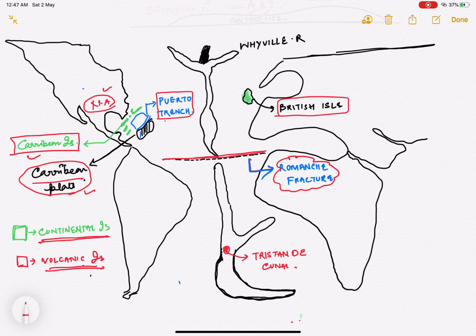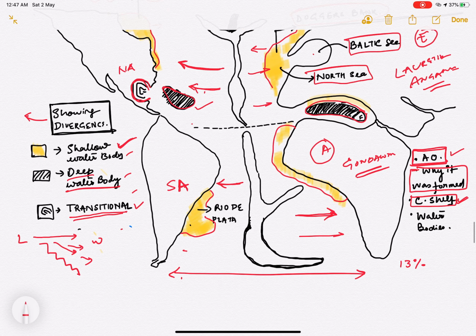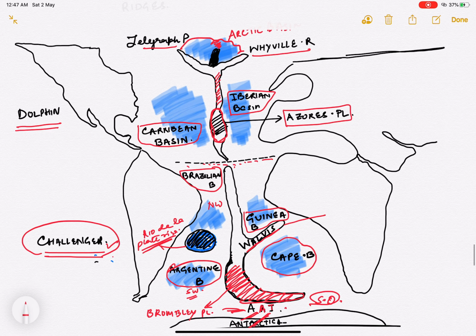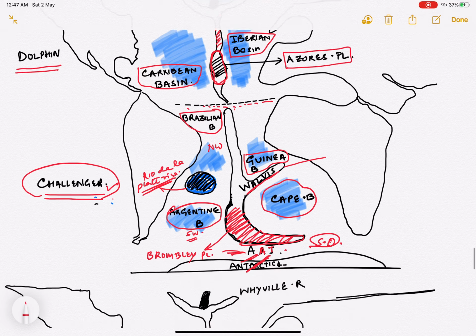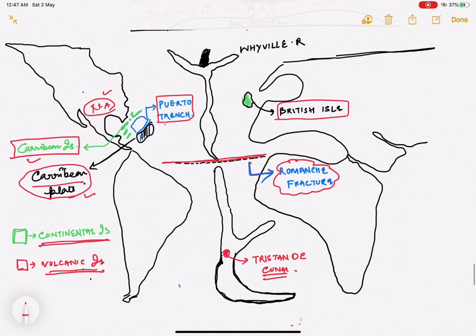Next, we have over here the volcanic island. An example of the volcanic island remains your Tristan da Cunha. Overall, as you can see, it is located over here on the ridge itself. Hence, this is the total ocean bottom topographic classification, where we describe how the Atlantic Ocean is formed, then we describe the continental shelf, we describe the water bodies. Next, we describe the entire ridge, how it is separating the basin. Next, we discuss the different features, that is the fracture, the trench. Next, we discuss over here the formation of your continental islands and the volcanic islands.